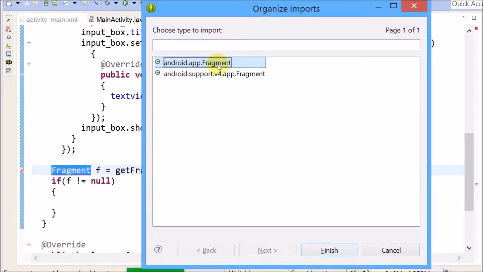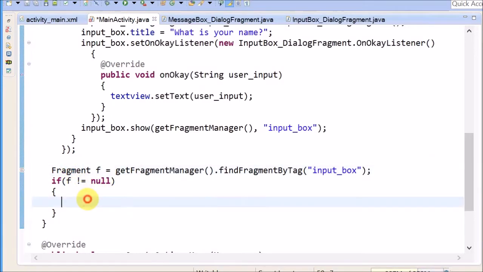I'm using the non-support library, so basically Fragment and DialogFragment all have two versions. So I try to locate the fragment. If it's non-null, then it's that input box thing that I created, right? So if f is non-null,